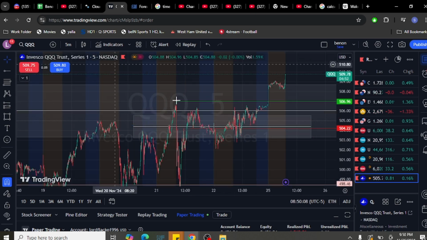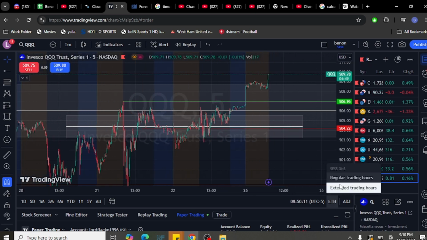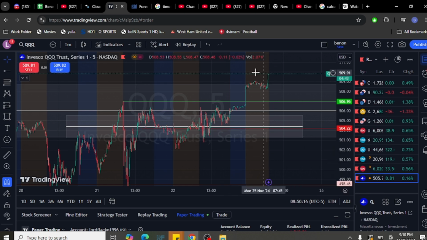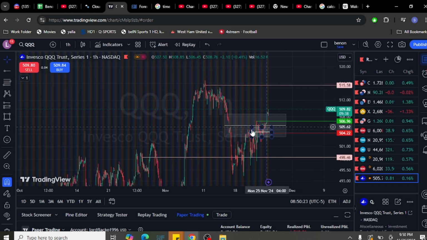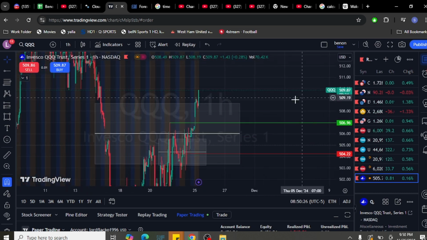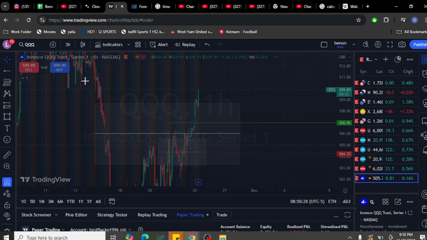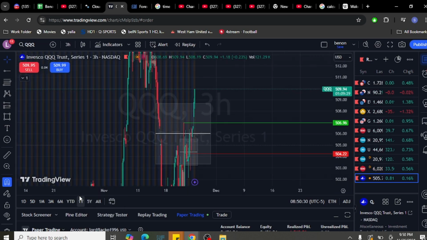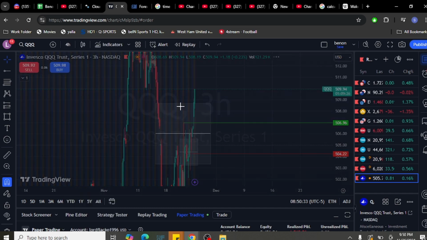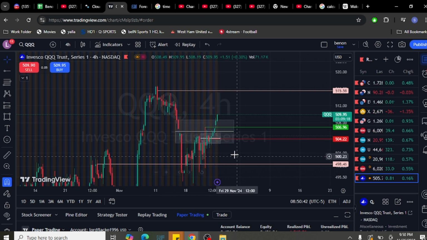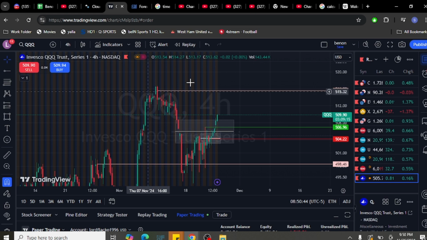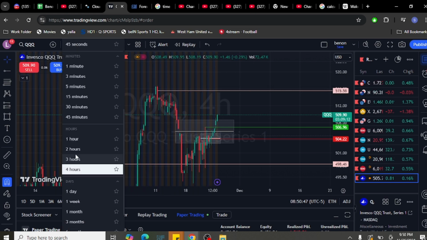Yeah, that's what they actually did. I was looking for the regular trading hours, so I was looking for the gap. So this is the trading hours now, and it looks like they already went up, which is nicer. Now this is better, because you already have confirmation that we want to go up. We already went above this high, which is a nice thing, and then this becomes an obvious target.